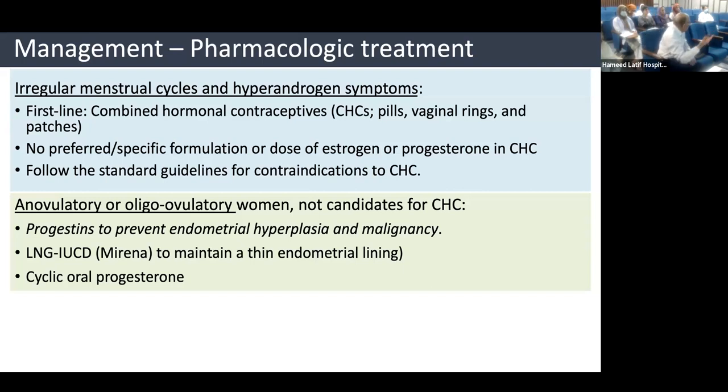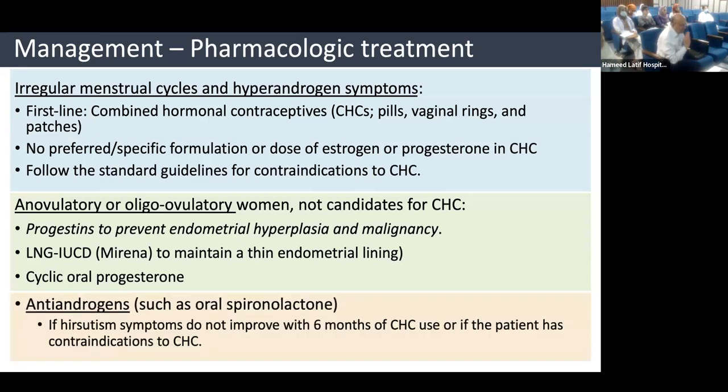Or cyclical oral progesterone, there are various ways of doing that. And for hirsutism improvement, generally we gave that preparation Diane 35, which has estrogen, ethinyl estradiol, 30 micrograms, and it also has